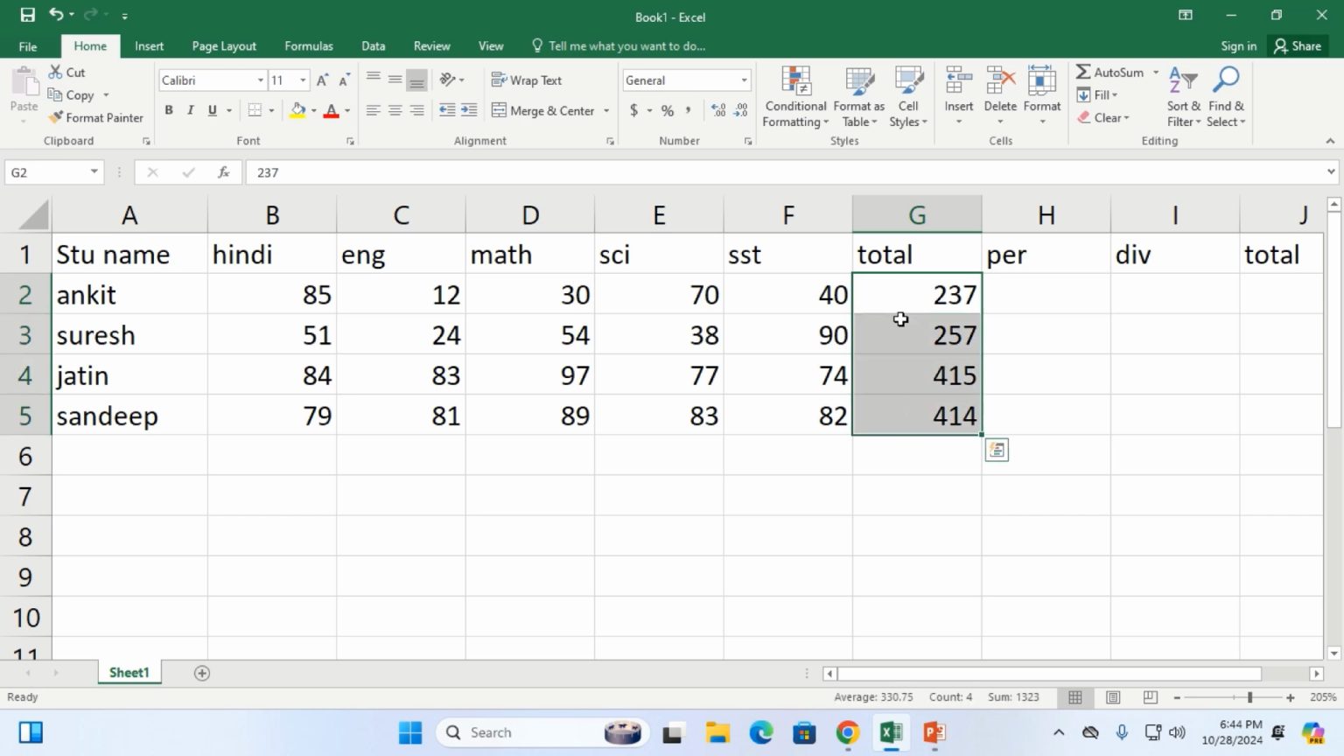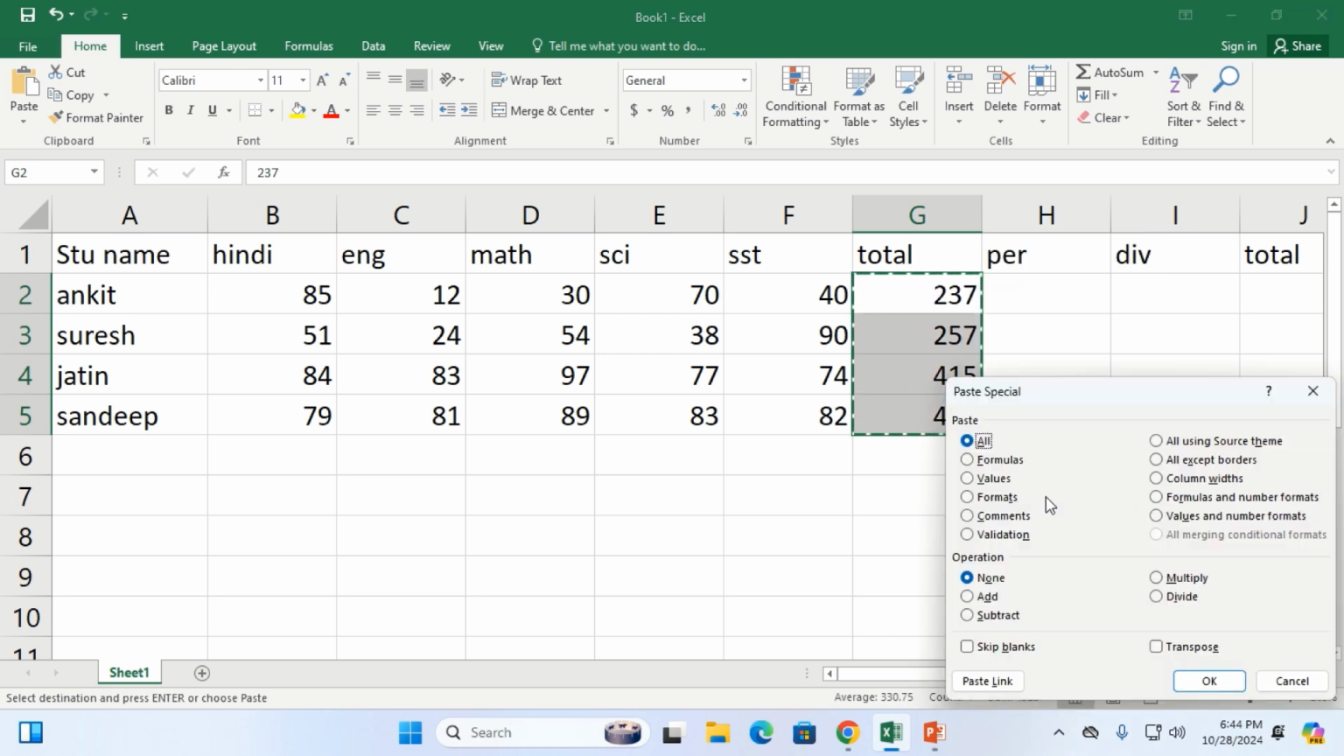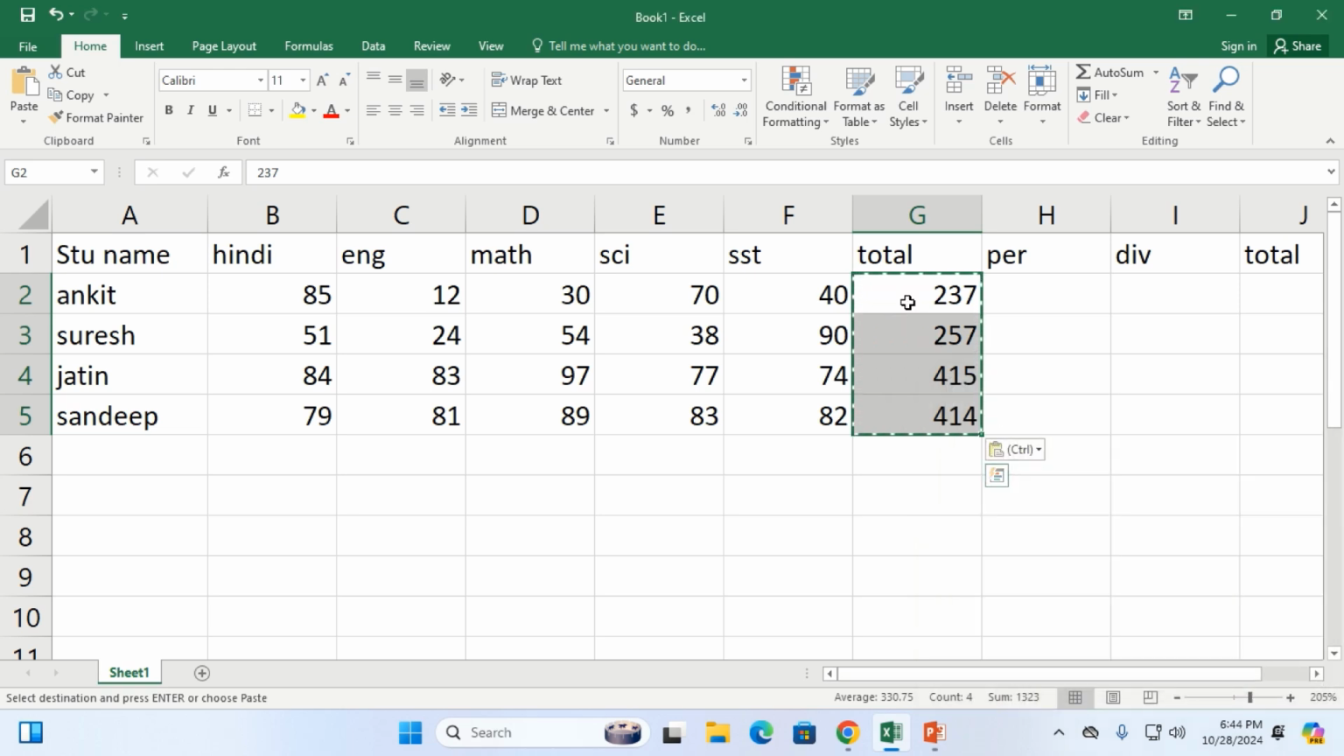Just one second. Copy, go to Paste Special, then Paste Special again. I'll have to select the second option. This is the Formulas option. When you click this radio button and then click OK, then after that